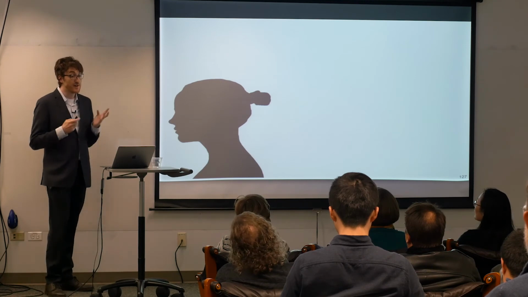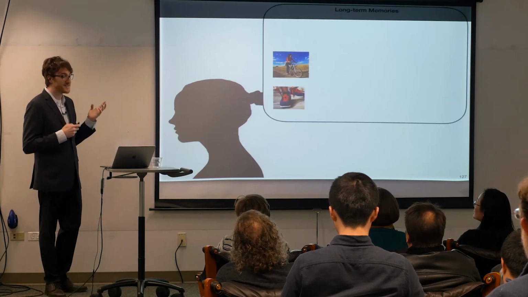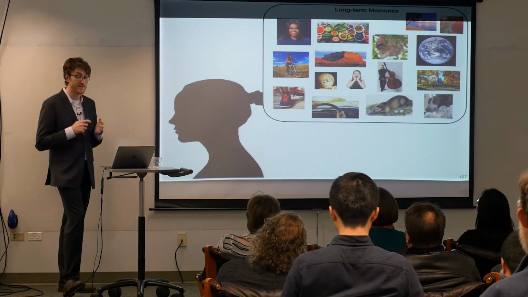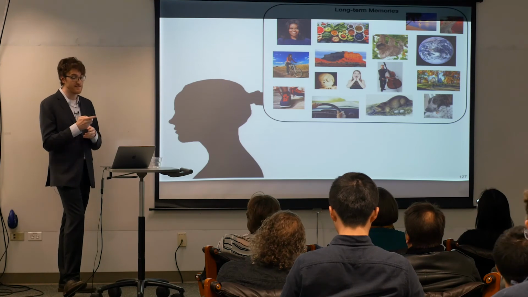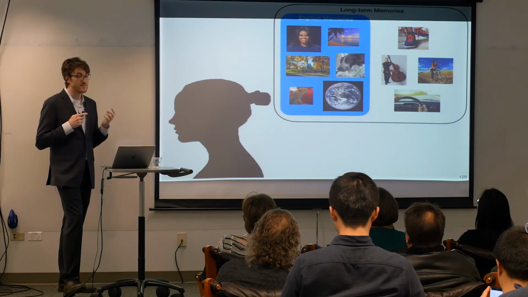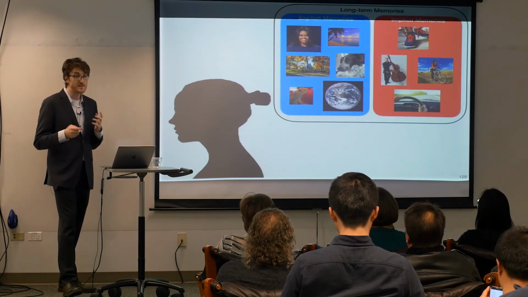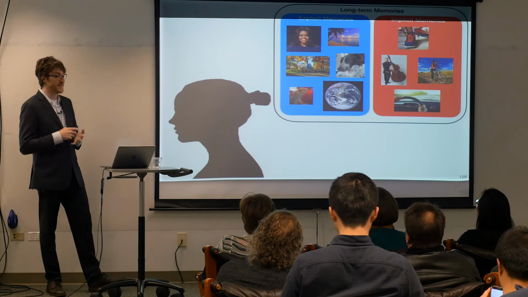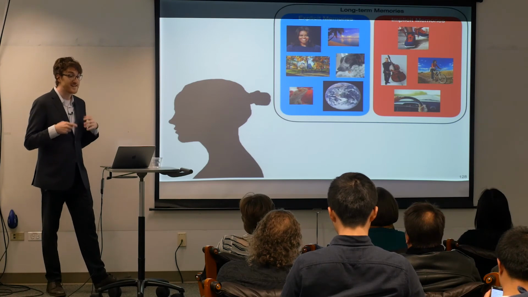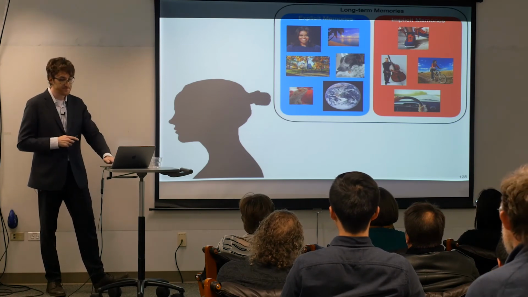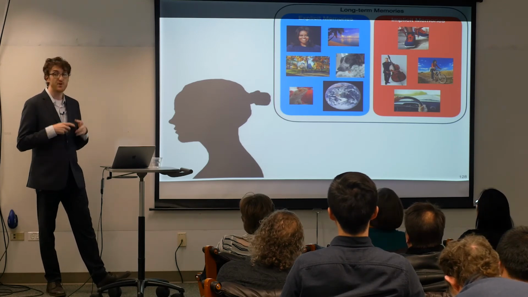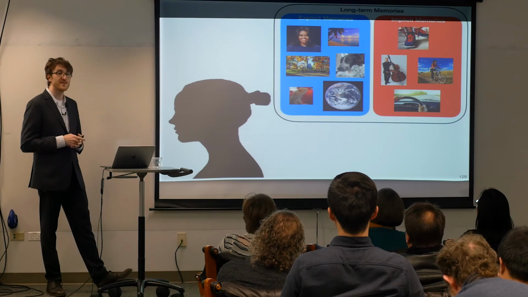So one may be inclined to think of all of our memories as kind of a single collection made of the same type of thing. But in reality, humans actually have multiple interacting memory systems that are encoding different types of information at different levels of abstraction. So the starkest distinction is really between explicit and implicit memories. So implicit memories are largely procedural or reflexive in nature. So this includes skills like tying your shoes or riding a bike. And they're largely things you don't need to think about for them to happen. On the other hand, explicit memories are encoding things like facts and events, such as how you know the capital of Massachusetts or how you can remember a particular vacation you were on.